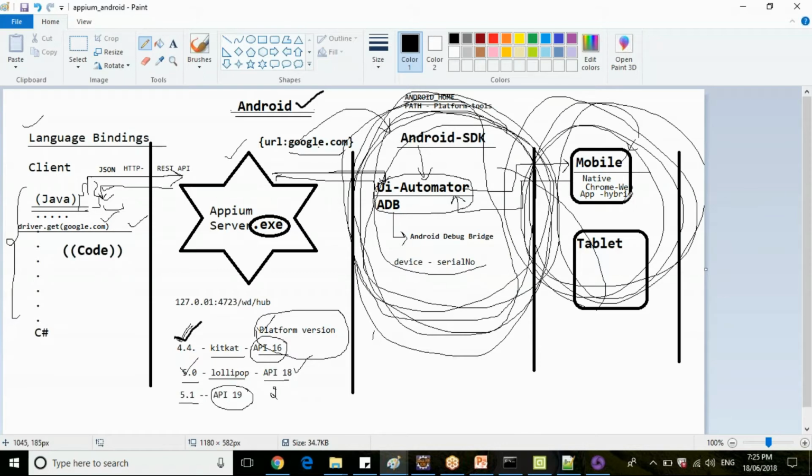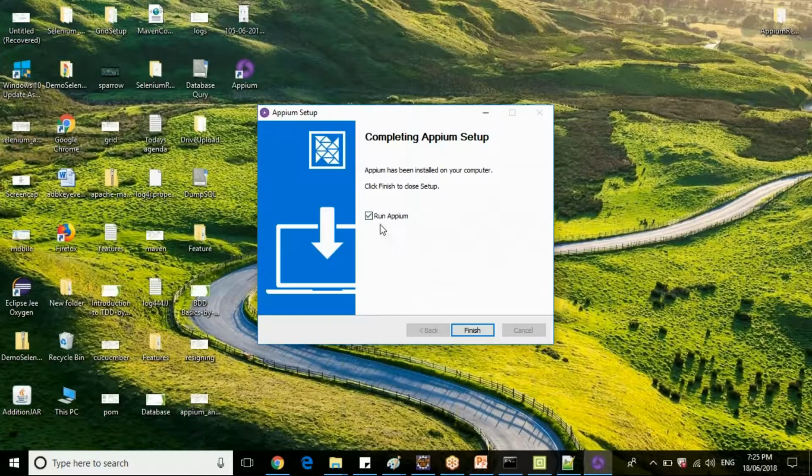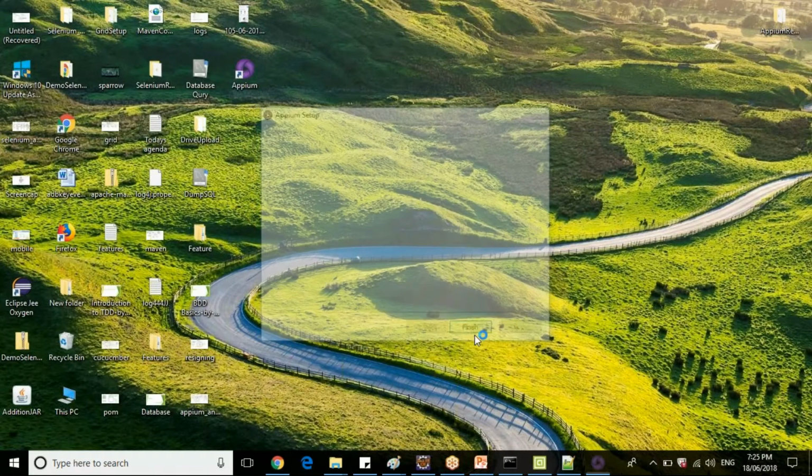Once the mobile device is connected, we are checking in the command prompt what the status is. The third part is we are downloading the APM exe now. Once we download the APM exe, we are installing it. We have installed the APM exe.